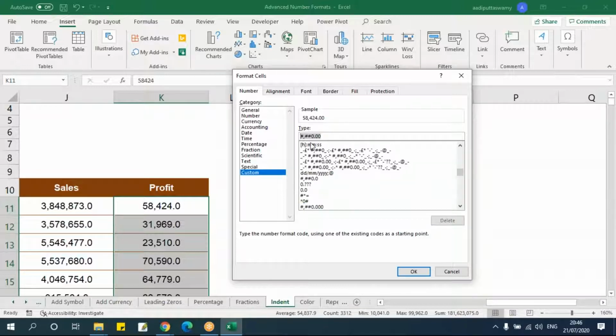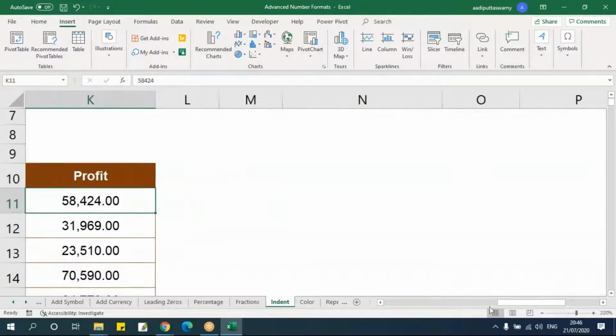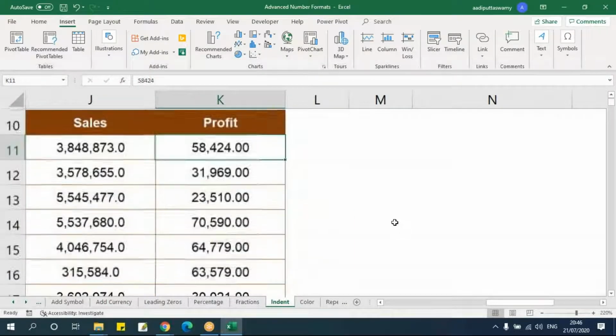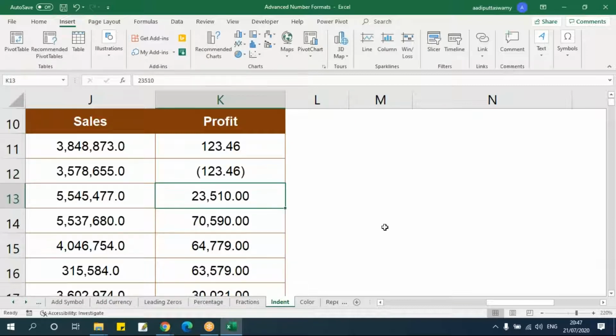This is for the positive value, and then I'll put a bracket and the negative value with 2 decimals. Now just observe here. Let me take one number. I'll make it 123.456. Same thing, I'll say minus 123.456. Okay. You can see the decimal points are exactly in the same order.